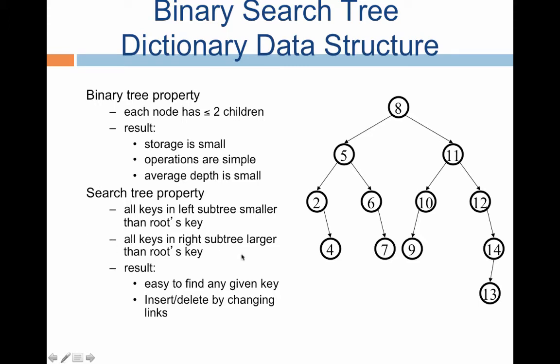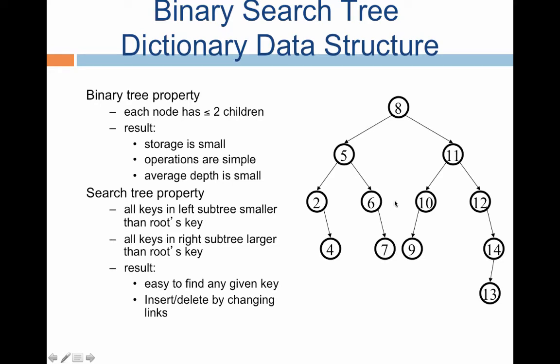The search tree property has the following feature, that if you look at any node, here if I look at this root node, the key here is 8, and all the keys that are in the nodes which are in the left subtree at this particular node are of value smaller than 8, and all the values which are in the nodes which are to the right are greater than the value here. So this is the property, and this property holds at every node.